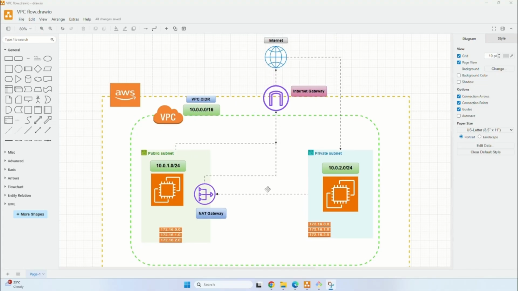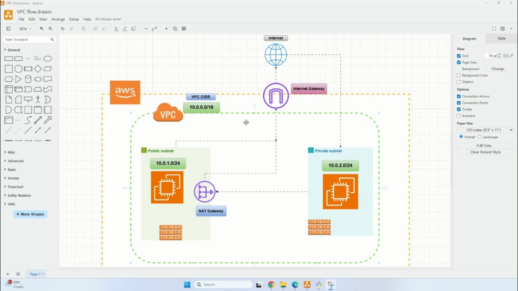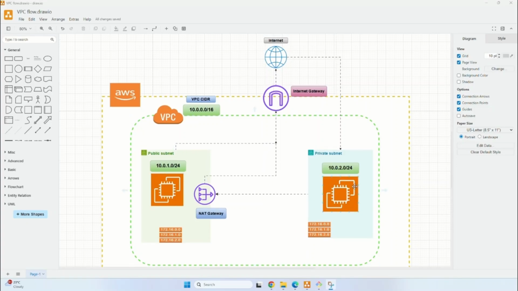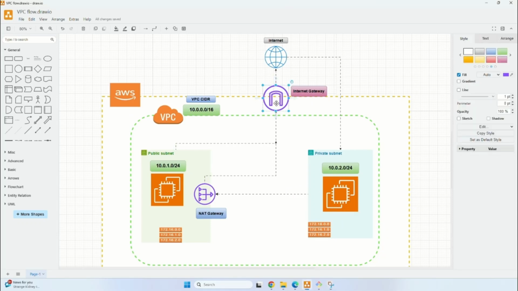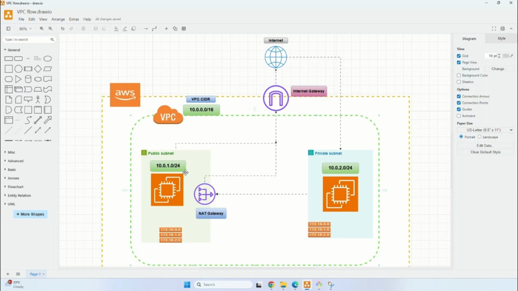Coming to the next component under VPC, subnets. Inside VPC, we can create multiple subnets as per our requirement, like public subnets and private subnets. Public subnets have internet access through the internet gateway. In the private subnet, we can host backend systems like databases that don't require any internet access. Coming to the next component, the internet gateway. This internet gateway allows our VPC to connect to the internet so that our public subnet can connect